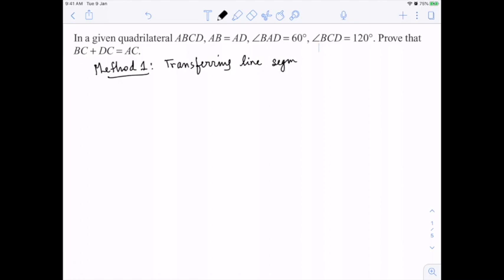So let's try to first draw a rough sketch of this problem. So in the first attempt of the sketch, if you try to draw a quadrilateral A, B, C, D, so that AB equal to AD as given in the problem, and let's try to draw this and say BCD. Now we've been told that this is 60 degrees and this is 120 degrees. Now this immediately suggests to us that since the opposite angles add up to 180, they must be on a circle. So let's erase this and redraw this quadrilateral in a circle.